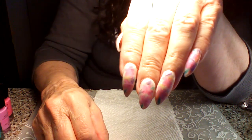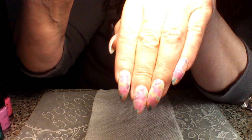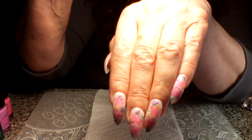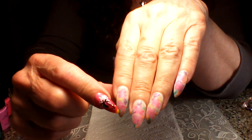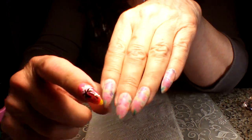Hi guys, so today I'm going to do my best to show you how I did these milk bath nails, and I did it with a little different twist than some of the other ones. With mine, I did not have the big flat flowers, and I wanted that look, so this is what